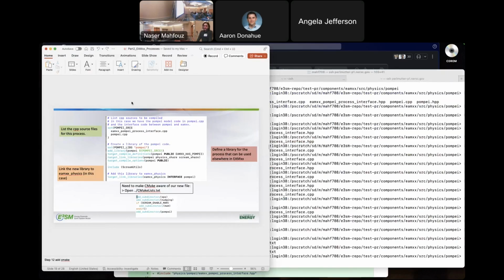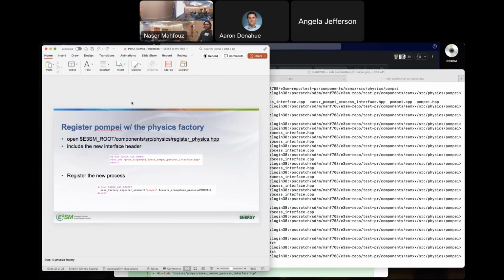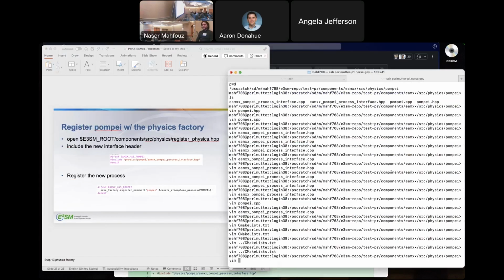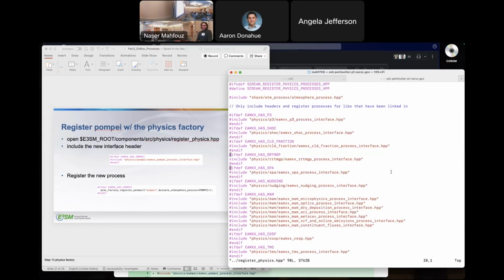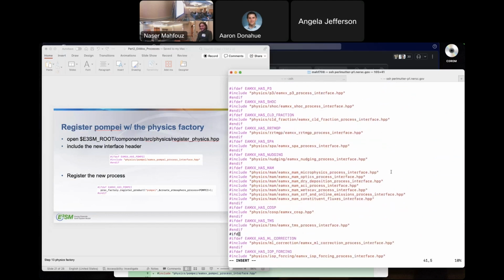There's not anything else to do with CMake, but there's more stuff to do in terms of coupling. You want to introduce this process to the coupler. And there are two things we need to do. One is to register the physics. So under physics, there's register physics. If you go to that file, choose somewhere nice, somewhere here, and just add if-def EAMxx as POMPEI, and